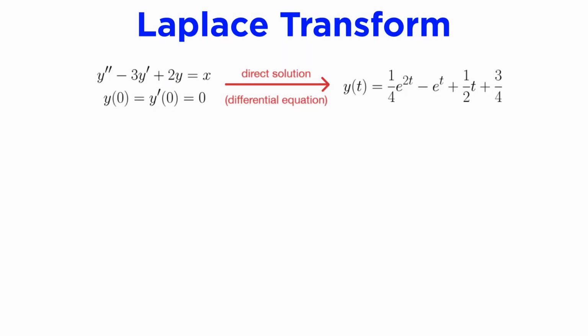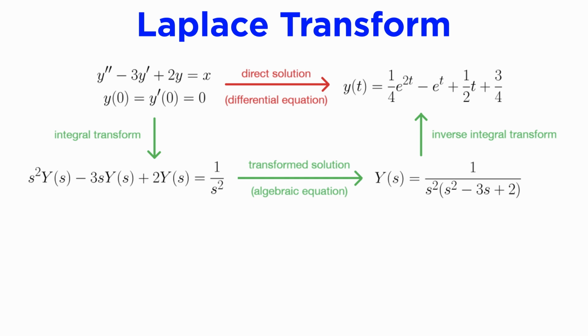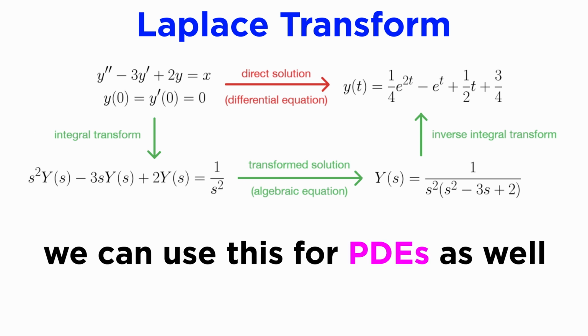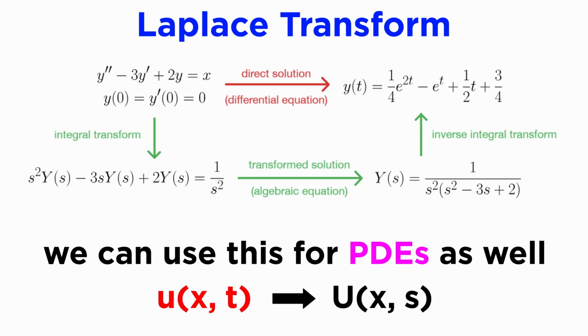While learning about ordinary differential equations, we got familiar with the Laplace transform, which we used to convert a calculus problem in the time domain into an algebra problem in the complex frequency or S domain. We can actually use Laplace transforms for pretty much the same thing to solve PDEs too, and if our solution u is a function of position x and time t, then taking the Laplace transform effectively gives us an ordinary differential equation in the multivariable function capital U of x, s, where U is the Laplace transform with respect to t. We then solve that ordinary differential equation for U of x, s, and then invert the transform to find our solution